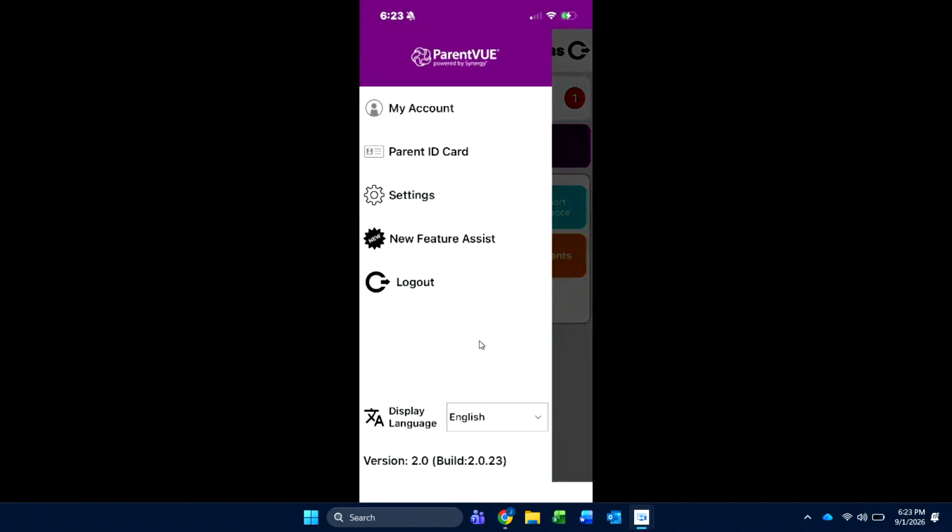So use your ParentVue app, stay connected to your students' progress. If you have any issues logging in, go ahead and talk to your school office. When you're in, stop by the office. They can help you get your account set up, help you change your password,